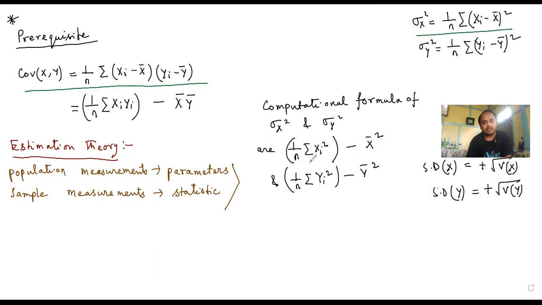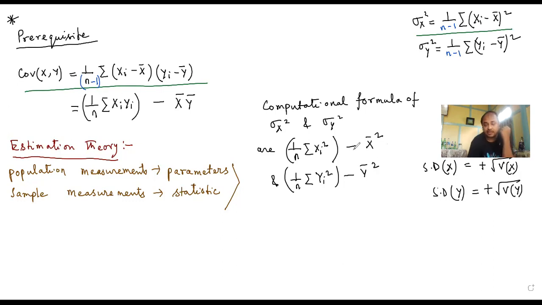A theorem proves this, but since estimation theory is not in your syllabus, I'm not going to discuss the theory in detail. It has been observed that instead of dividing the summation of (xi minus x bar)(yi minus y bar) by n, if I divide by n minus 1, and while calculating the variance, if I do the similar thing and divide the quantity by n minus 1 and not n, then it has been observed that